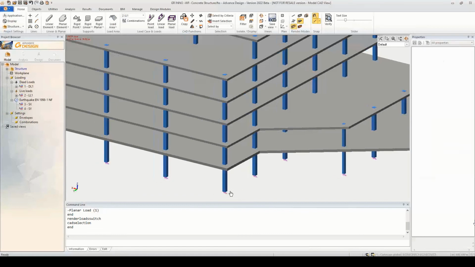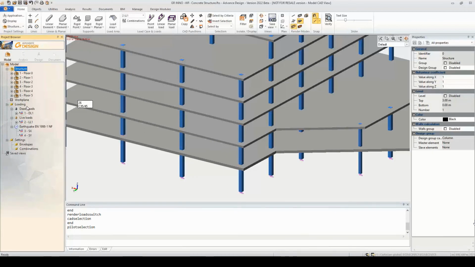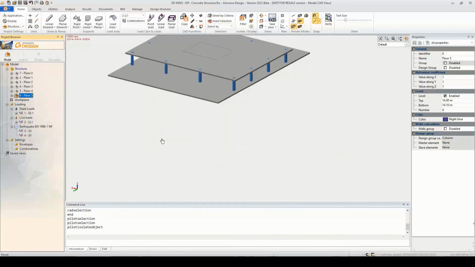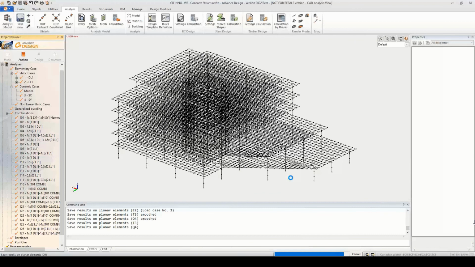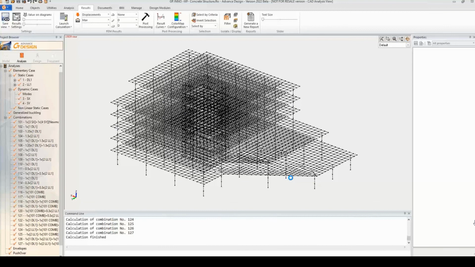Additional information that we have in this workflow and in this import process is the organization of the model. Here we have the systems, which correspond more or less to the levels. So to speed up the presentation a little bit, we for sure in Advanced Design you can define a large